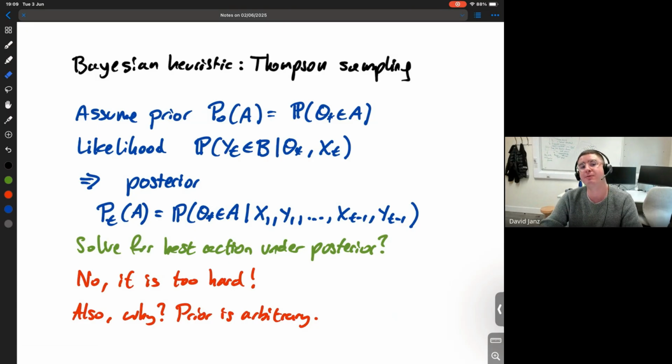So at the end of the day, theta star is a fixed theta star. It's not random. You've picked some prior, largely probably because it's nice to work with, it's computationally nice. So there's no reason to think that doing the exact thing under your choice of prior is going to be the best thing in practice. So instead, we might just want to do something simple.